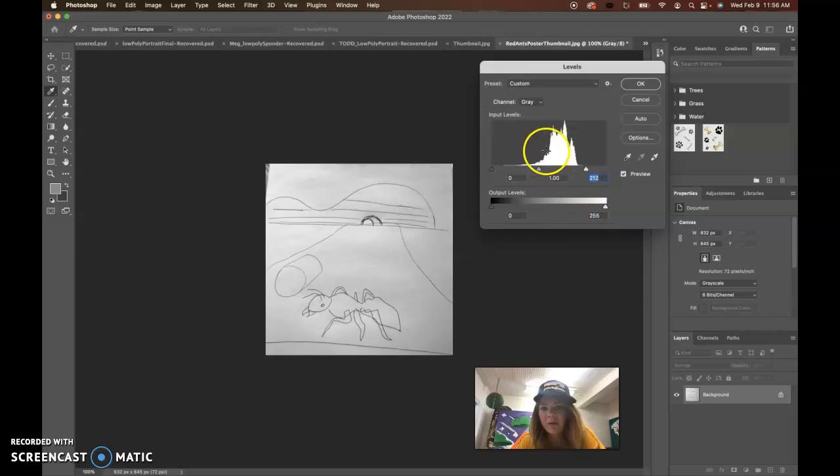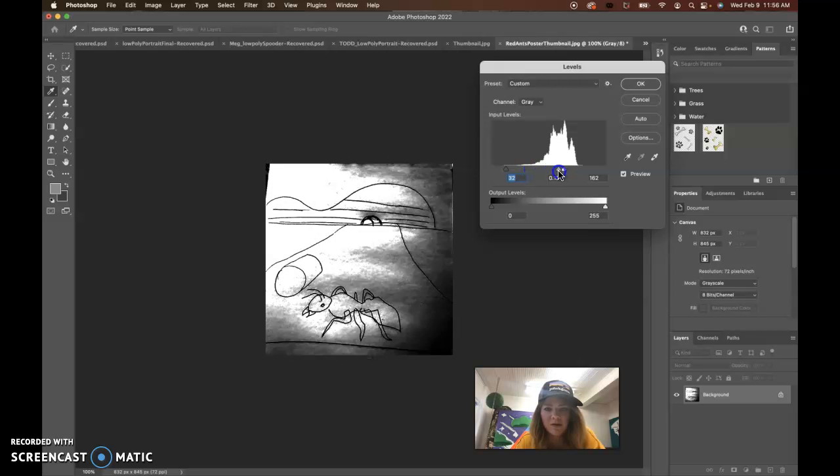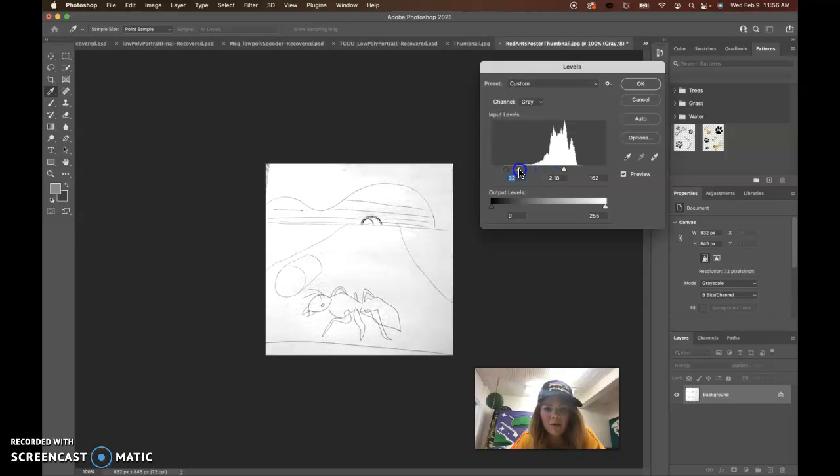There's another slider down here, but I want you to work with the one located here. We just want to bring those whites into more of a white, and bring the blacks in and make those a little darker. And the midtones, we can bring those over to the left to kind of get rid of them. If I bring them this way, you can experiment with these sliders, but you can see that it really muddies it up. So definitely want to bring that further to the left, and bring the blacks in